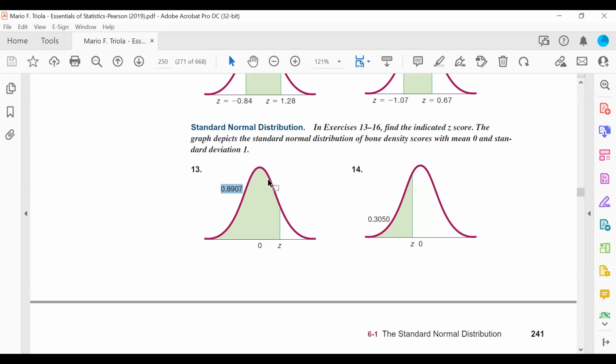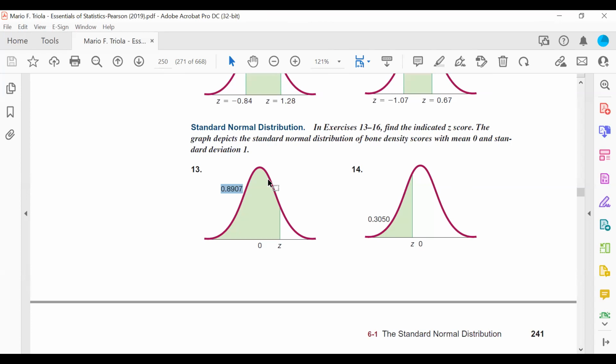Ooh, what does that tell you about the Z? What kind of sign is the Z value going to be? If it's on the left of 0, it has to be a negative. All right, so the shading is taking place, right, to the left of that Z mark. So that means we're good. We can do it. We can do it. It is